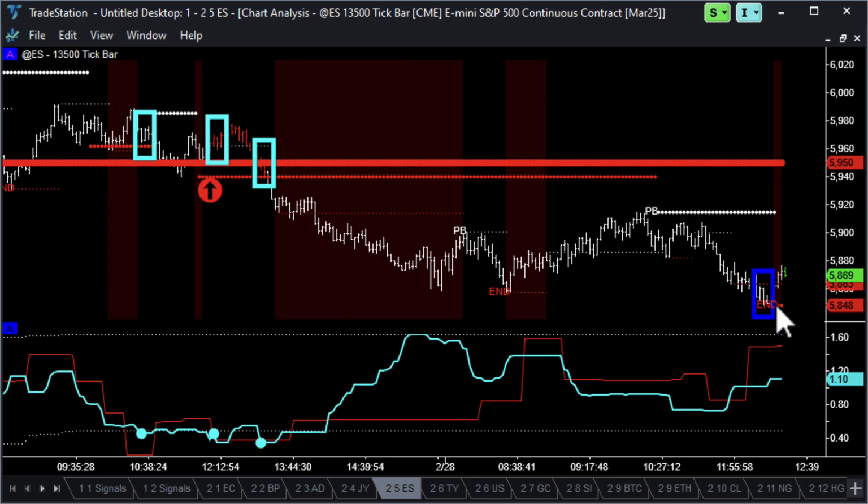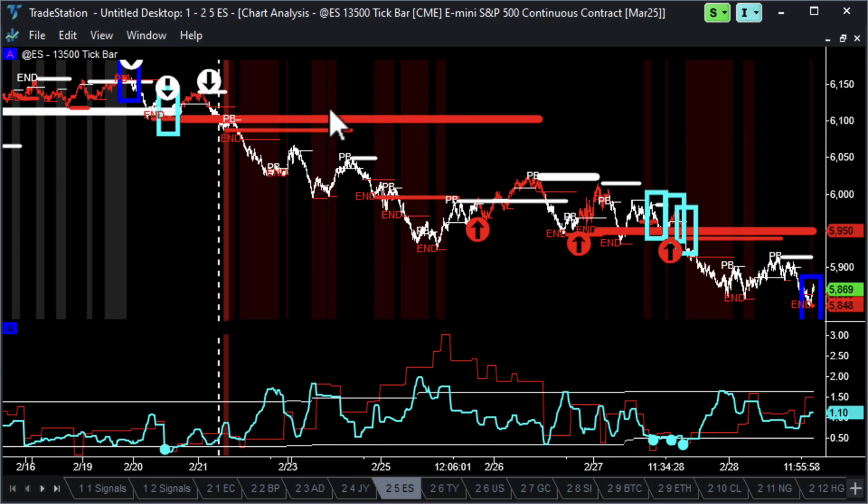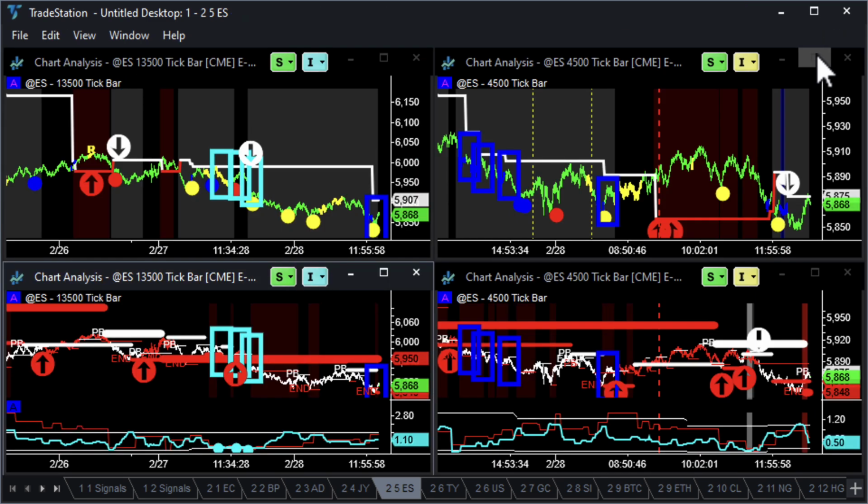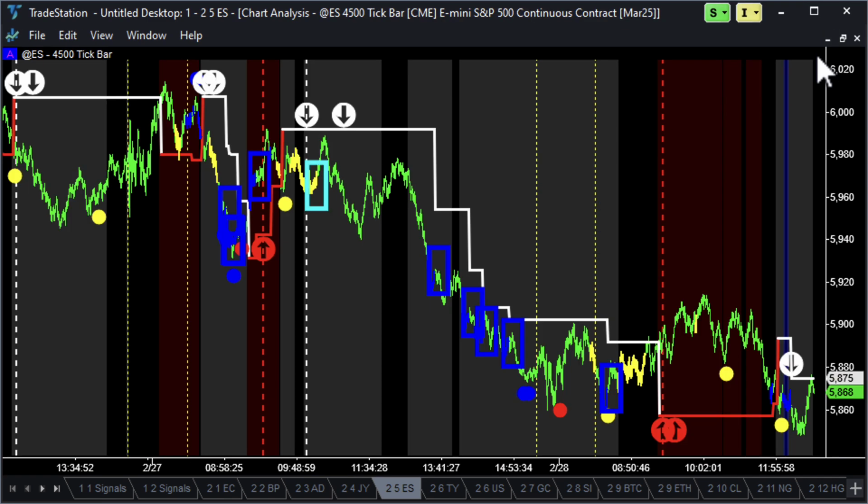Pullback to end of trend on the highest time frame, left shoulder being made by pullback to end of trend on the lowest time frame, then pullback to end of trend on the intermediate time frame, showing the shoulder and a head, an inverted shoulder and head move down here, and this cyclically is a place where you'd find exhaustion. Going down to the 4,500 tip bar chart, again big blue professional bars coming here